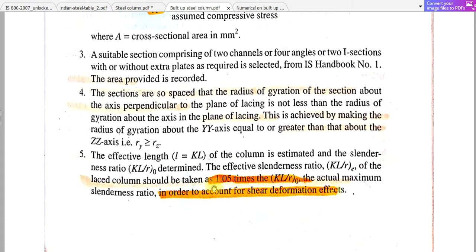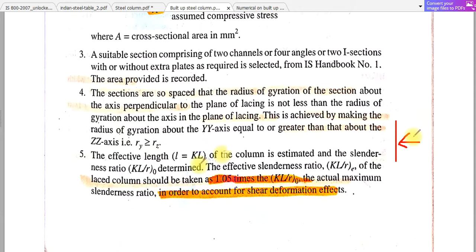So you can see for a laced column, there will be shear deformation. That means load will be coming from the transverse side also. That will induce some shear deformation in the transverse direction of the column. Okay, so to account for this, you have to increase this slenderness ratio. That means we are reducing the strength. Okay,